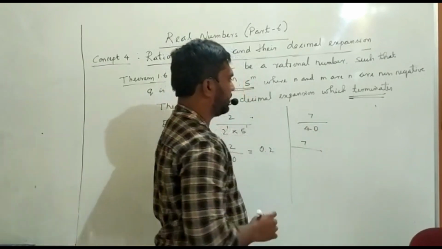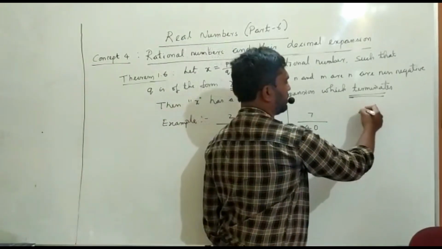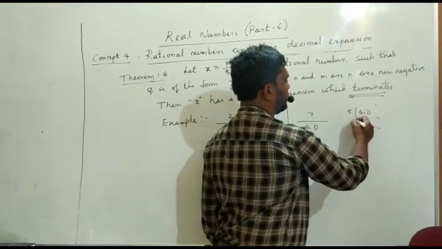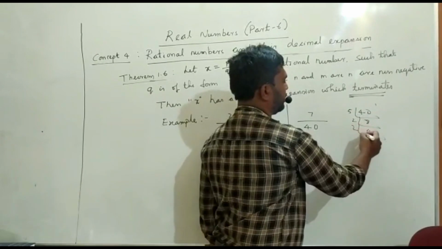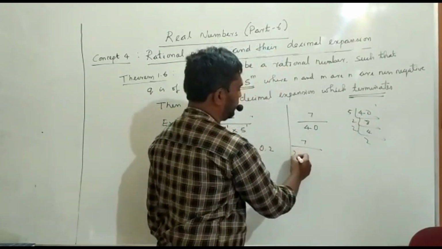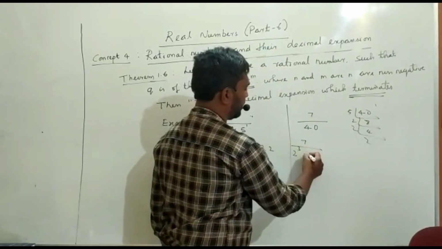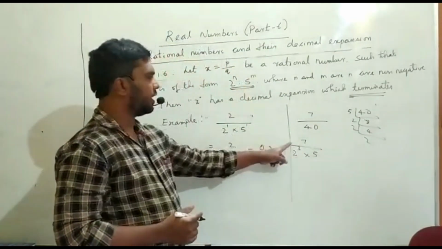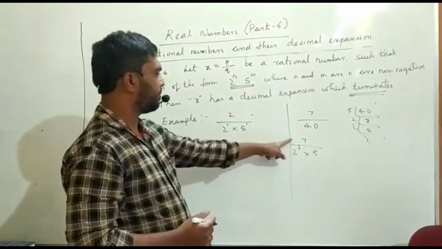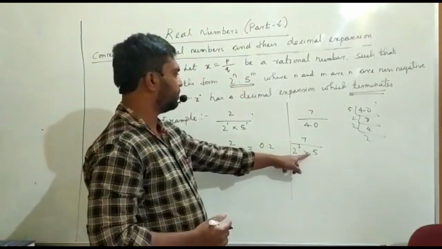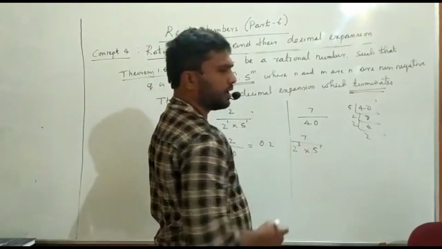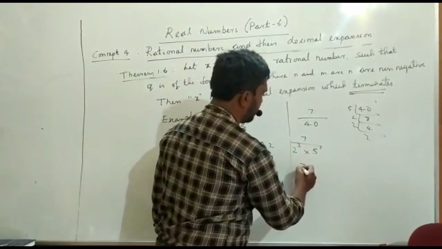This 40 can be written as 5 8s are 40, and 8 is 2 and 2 and 2, so 2 to the power of 3 into 5. It is in the form of 2 to the power of n and 5 to the power of m. If you calculate this, if you divide this,